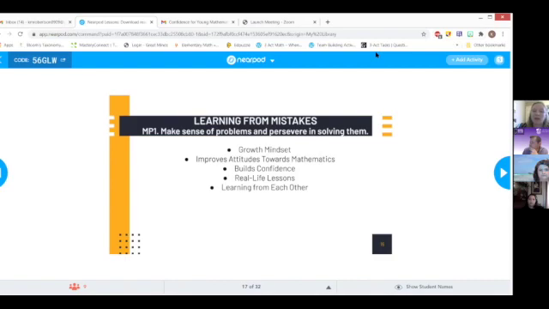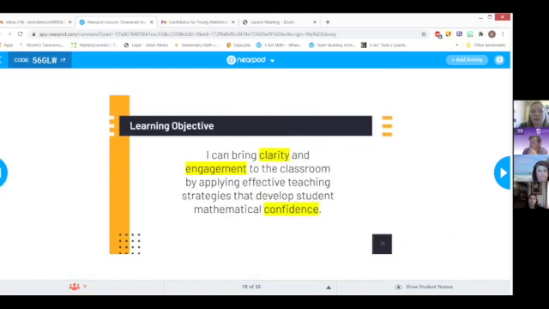And then they can learn from each other. So you can do learning from mistakes by having students work together to identify errors in their work. We do that a lot of times in our classroom, just having students look at some errors from other people and knowing that it's a safe place to talk through those mistakes. So that helps those students learn that confidence can be built through that.